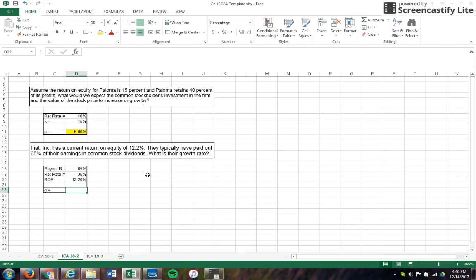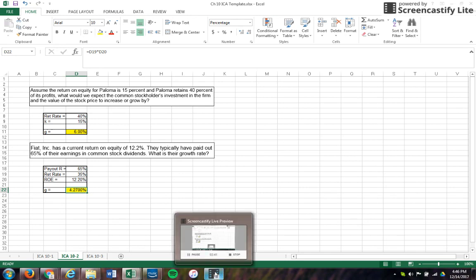Our ROE is 12.2. We can calculate our growth rate by taking our retention rate and multiplying that times our ROE, and we have a growth rate of 4.27%. And that is how we can calculate growth rate using